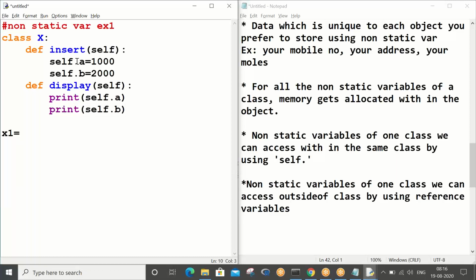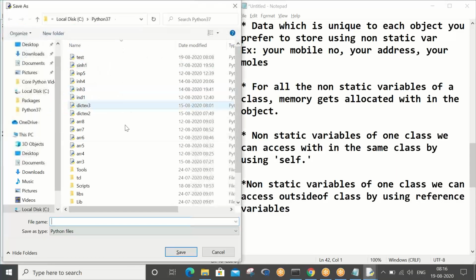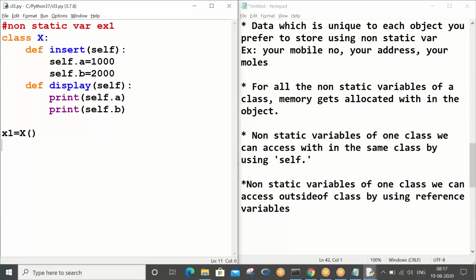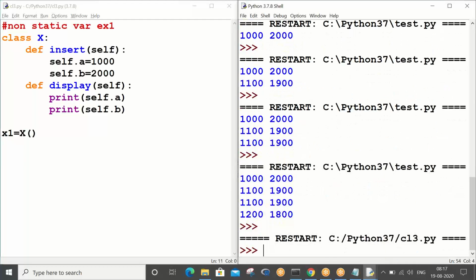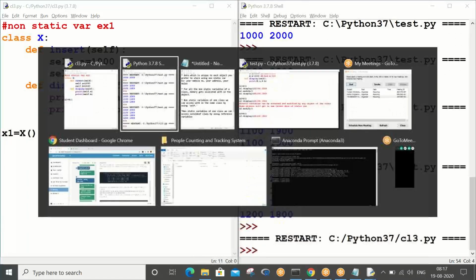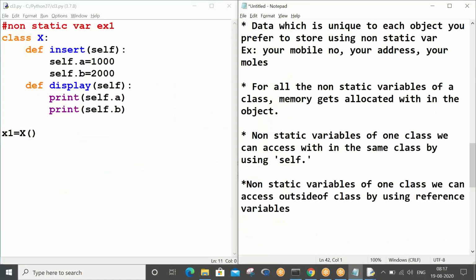So x1 equals X, then save and run. What has happened, tell me? Till now I have just created a couple of variables using the insert method, and then I tried displaying them, right?